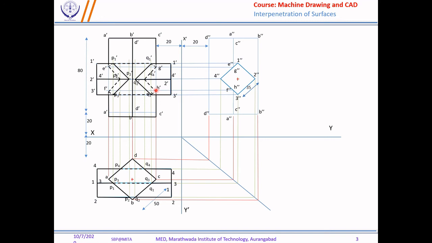So we need to take care to determine the visible and hidden lines in the front view in a proper way to get the final answer. So this is the final answer of